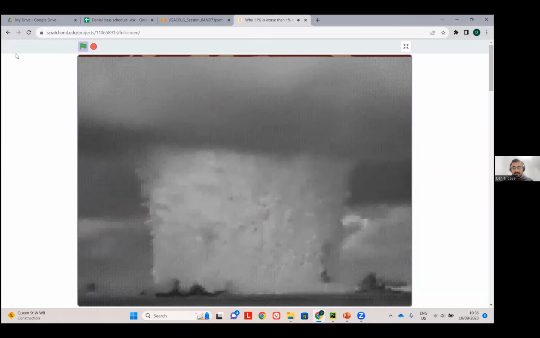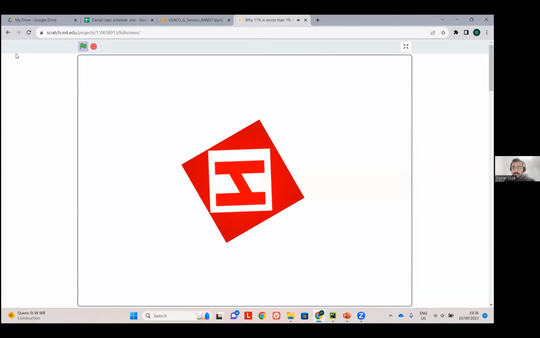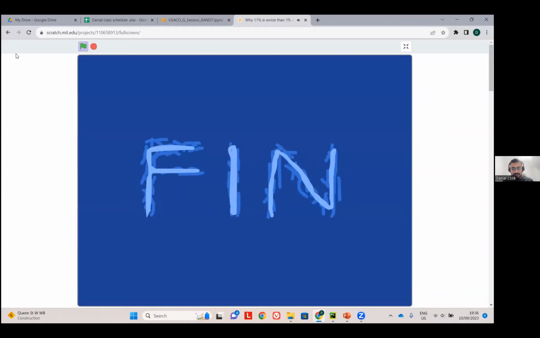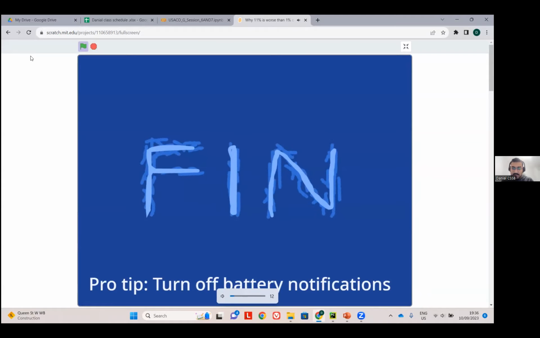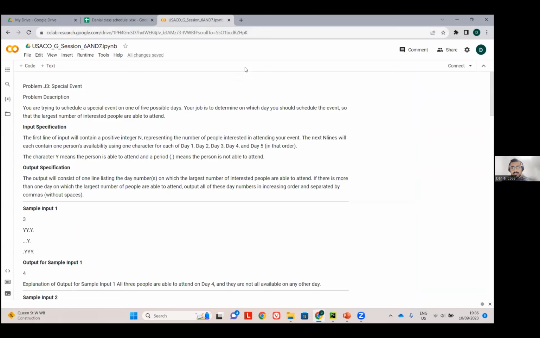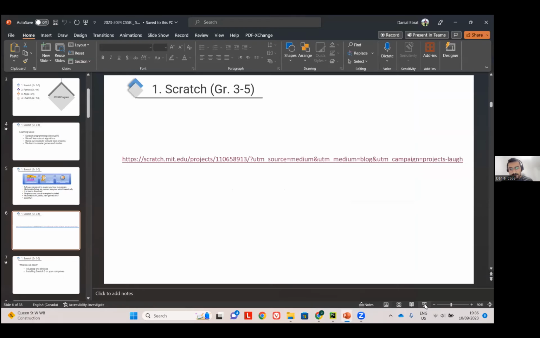You can see it's the kind of creativity that kids can use to do a lot of great things. And the pro tip says, turn off battery notifications. So it's very cool stuff to do and to work with.